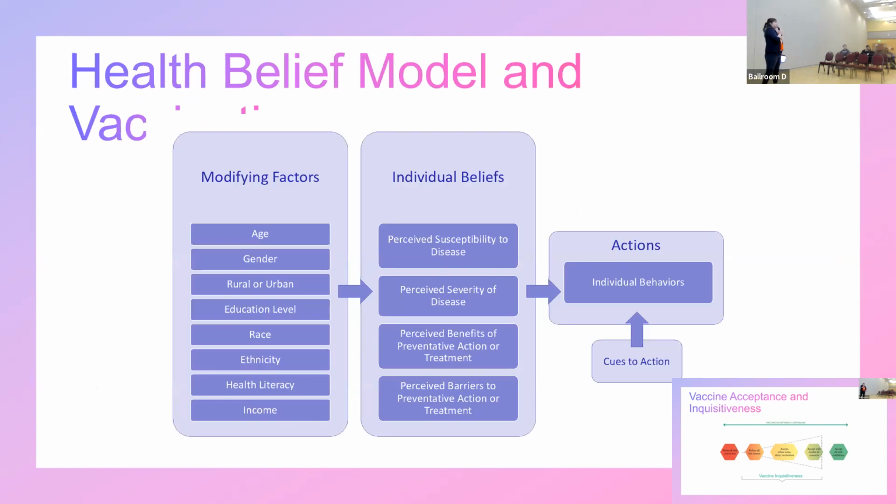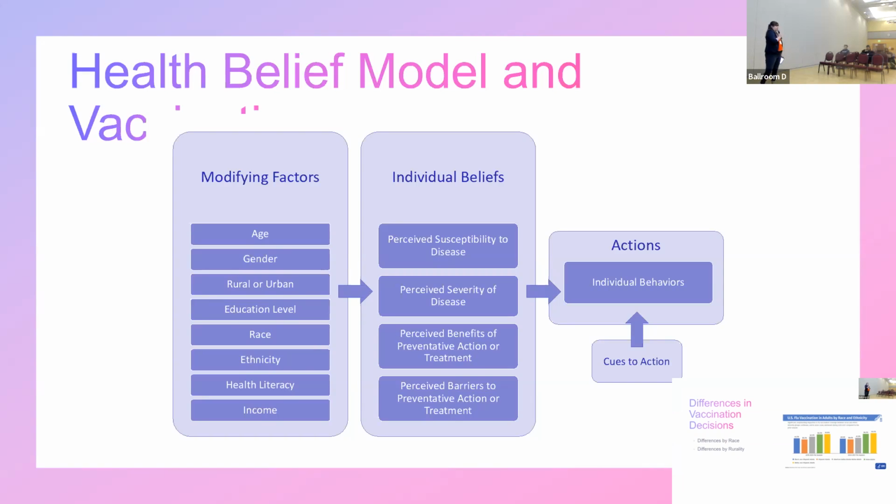On one side here in the green, we have individuals who accept all vaccines with confidence. They trust and have faith in the systems. On the other end, we have individuals who refuse all vaccines with conviction or confidence. And then in the middle, where a lot of people would say that these are hesitant individuals, I want to put in that they are inquisitive. They have questions and concerns. They want more information. It's not necessarily saying that they will not receive it. But as you can see, there's a whole range of decisions that can be made within that.